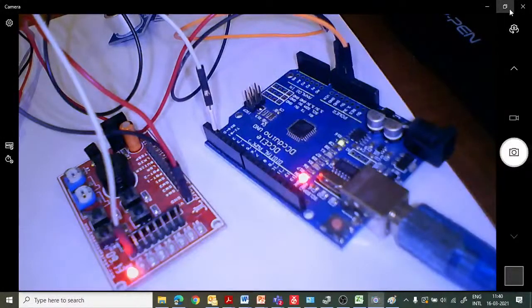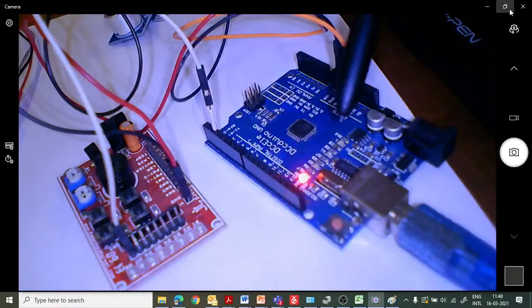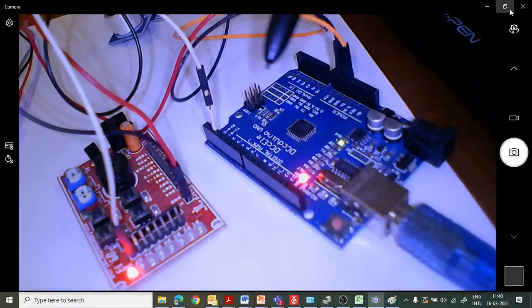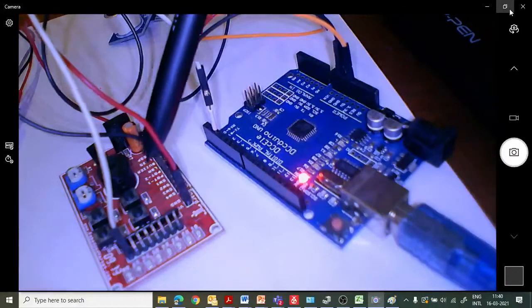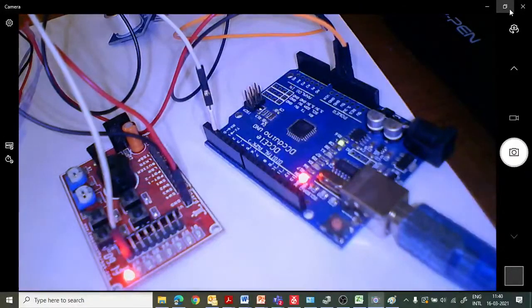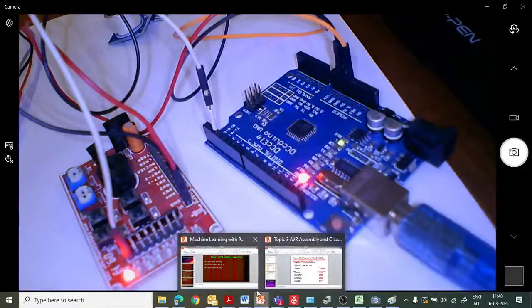You can do the experiment at home, because the Arduino board costs around 300, this board costs around 150, and some wires and jumpers etc. The cost is around 500 rupees only. You will be able to perform the experiment at home. Even so, because we have now started offline education, you are welcome at our laboratory also to perform the experiments. If you do not have any further doubt, let's go ahead.